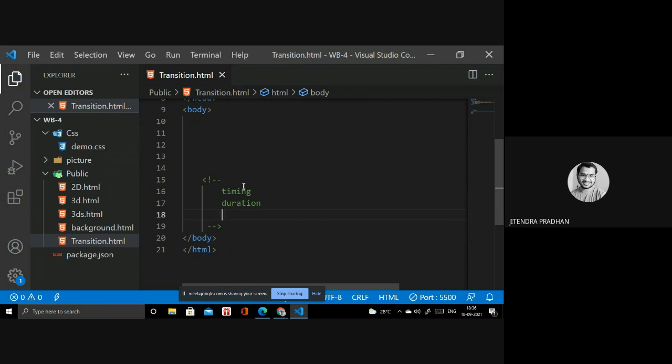I will write in the heading part: behavior of transition effect. Next we have the property of the transition effect. Transition effect property.